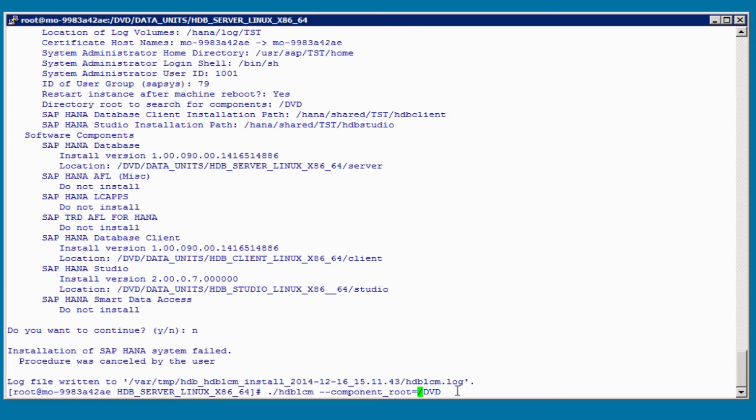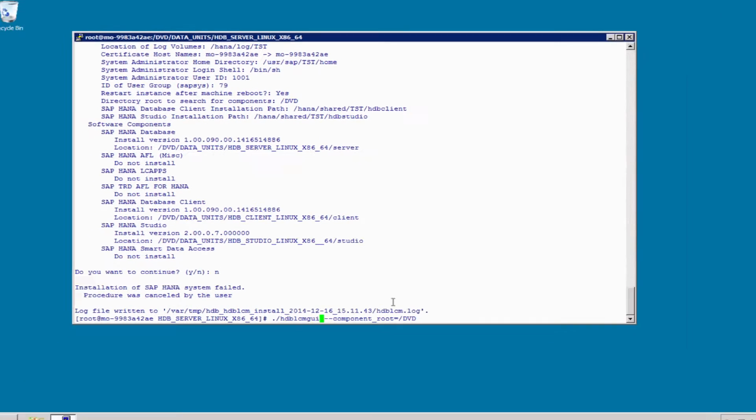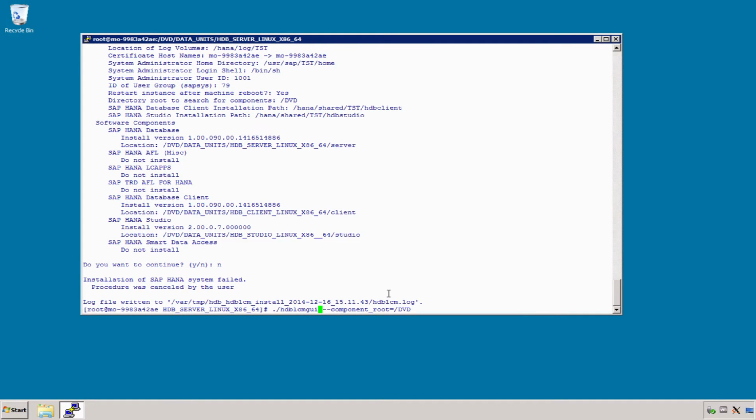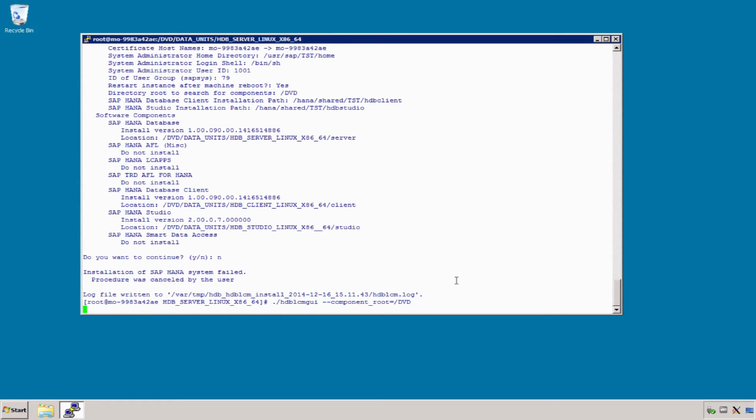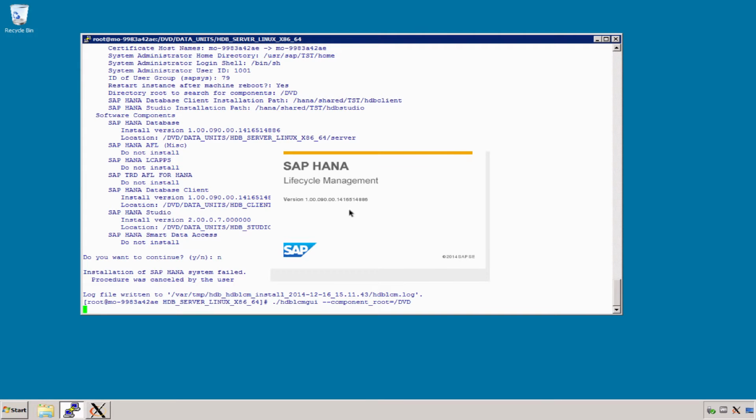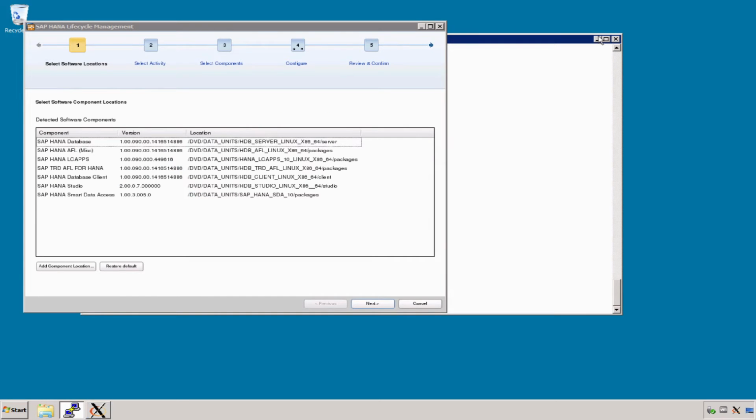So the only thing we have to change here is HTTP LCM GUI for the graphical installer. This will start an X window program, so we need to have done some configuration. In our case, X Windows is installed on the HANA server. We have used the X window forwarding flag for PuTTY, and we're running Xming server to be able to display this. So if we run it now, it will give us a Windows application. Let me minimize this,